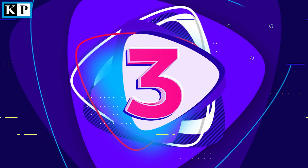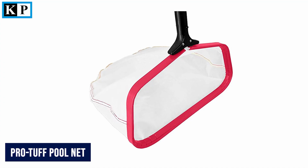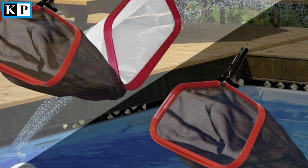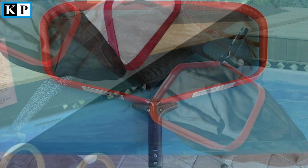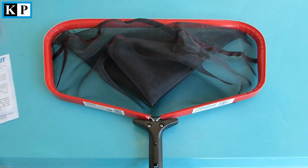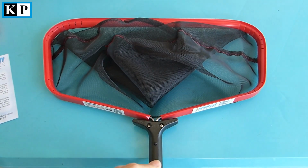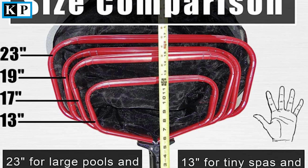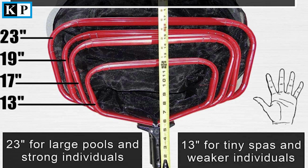Number 3. ProTough Pool Net. If any portion of this professional grade, heavy-duty pool skimmer net ever breaks, fails, or tears, simply contact ProTough for free replacement parts or a complete replacement of the entire pool rake as per the manufacturer's lifetime product warranty. This is a manual rake measuring 19.5 inches, making it a neat fit for skimming both large and